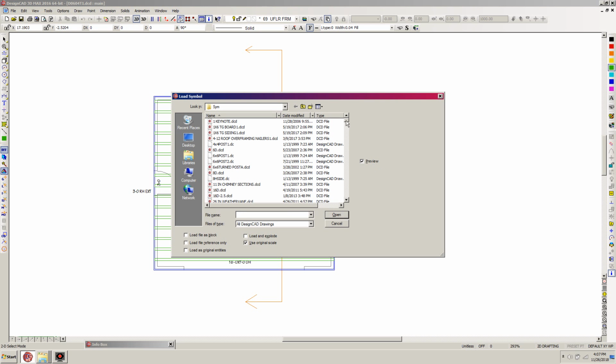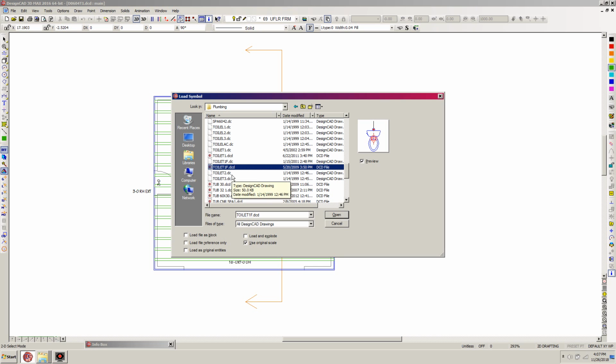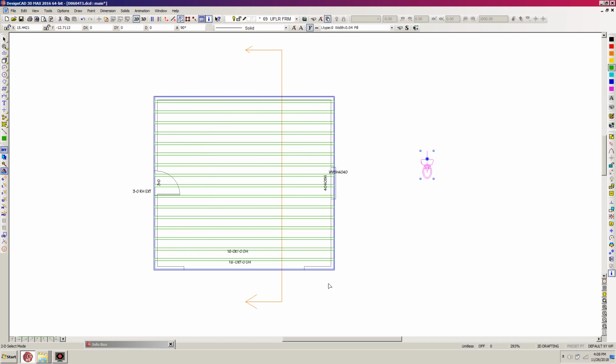and I'm in symbols already. But I want to go to plumbing. So I'm going to go up here to plumbing, and I'm looking for toilet. Let's see, looking for the right one. So it says 1F, and the reason it says 1F is because it's for floor framing, or 1F for floor. So I'm going to just click open and just set that over here for now,